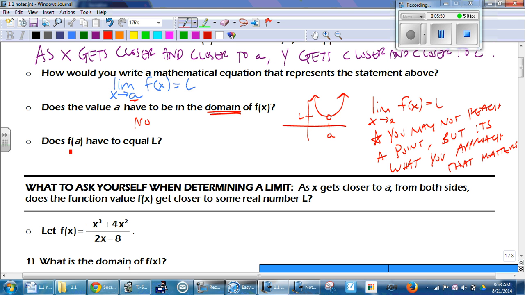And then the last part here, does f of a have to equal L? Well, no, right? We don't have to have an f of a. Here, you put a in, you don't get anything out. Another option would be, let's say there was a point like right there. And we'll see some problems like that, where there's a hole and then just kind of a random point. Well, f of a is equal to this. That's not the same as our limit. Right? Our limit is down here. The point and the limit don't have to be the same. And that's something we'll talk a little bit more about as the